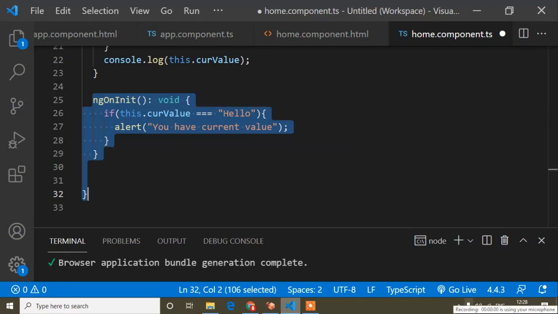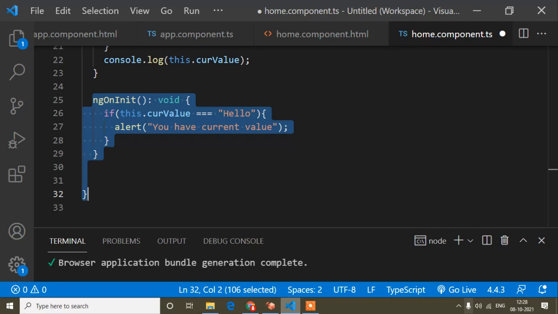Anything else we can do in ngOnInit, I already said we can also do in the constructor. But sometimes we should not use the constructor for everything, because the constructor is a special type of method for creating only the instance of our class. For example, if I'm changing any data, or getting an HTTP request, we should use ngOnInit, not the constructor. You can do it in the constructor, but it's good practice to use ngOnInit. So I hope the doubt is clear.